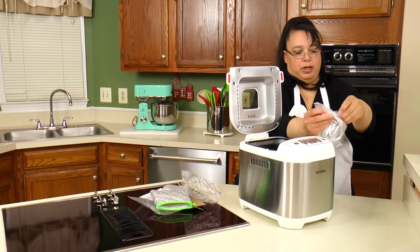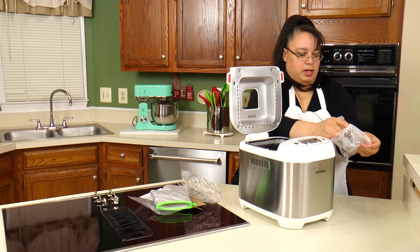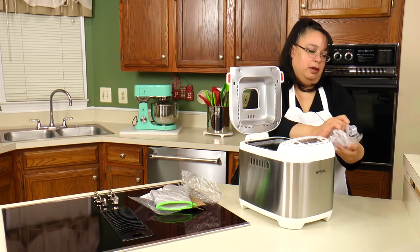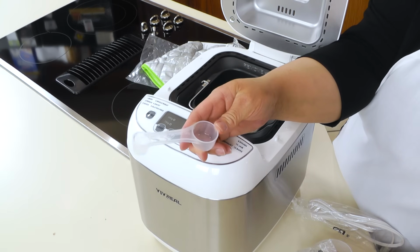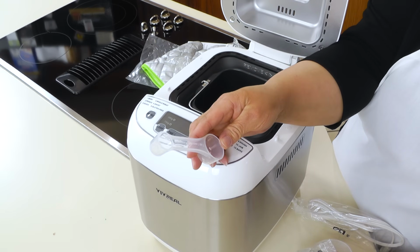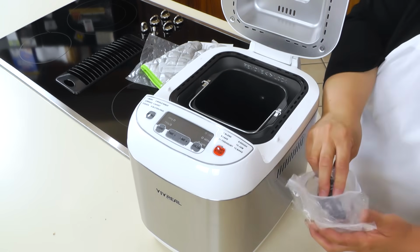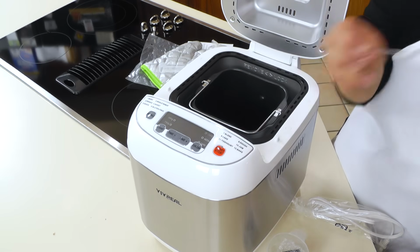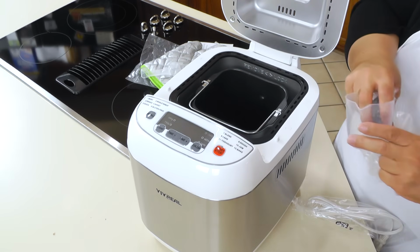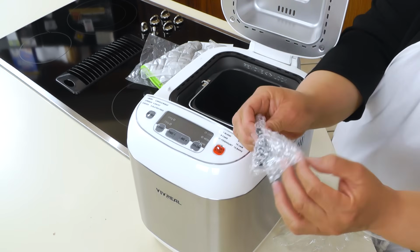Also comes with your pretty standard, I get these all the time and I love these things. These have a tablespoon on one side and a teaspoon on the other. I love these little measuring spoons. Comes with a little hook to grab the pan and a little measuring cup. Also comes with your